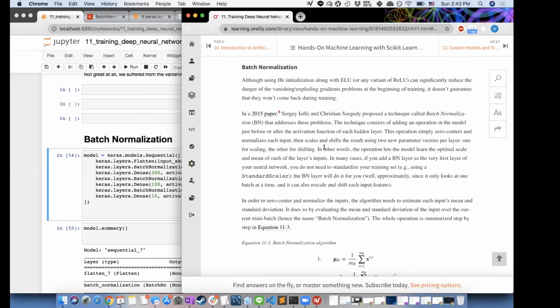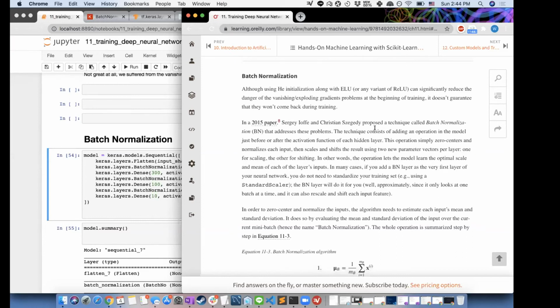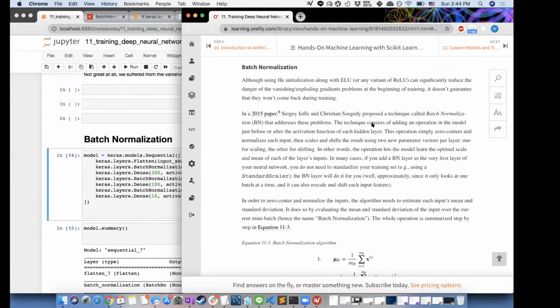This was proposed by Sergey Ioffe and Christian Szegedy in 2015, and they proposed a technique that consists of adding an operation in the model